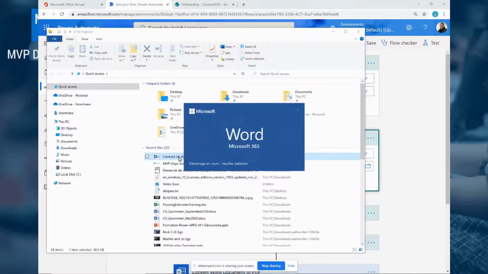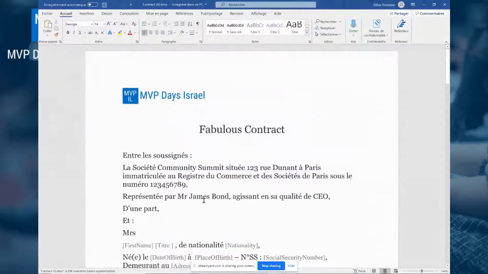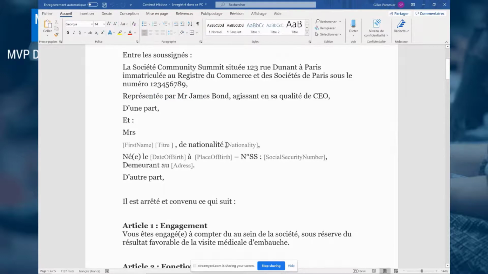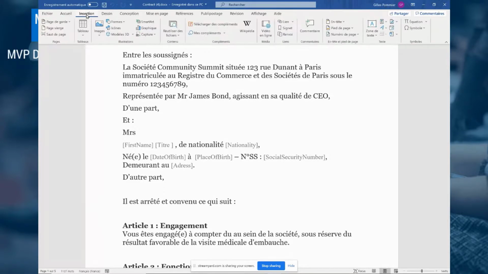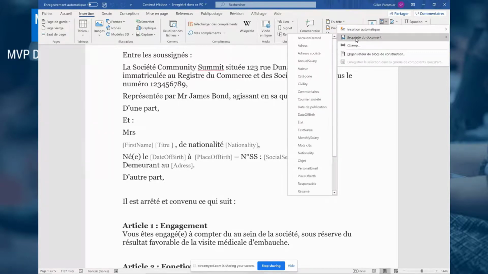This is a Word template, and in this template I have dynamic information like this. How did I create that? With Insert, I insert a quick part. It's in French, so in French it's "propriété de document", but it's a quick part.